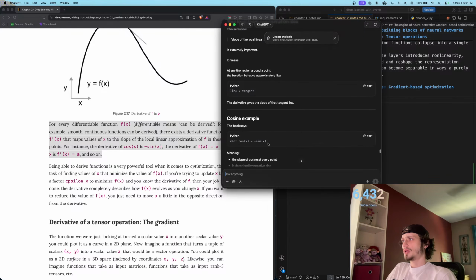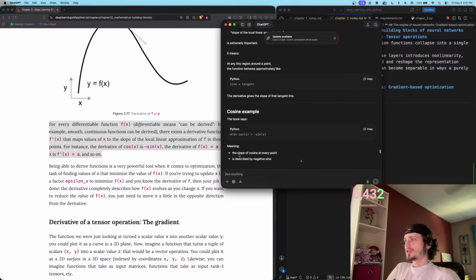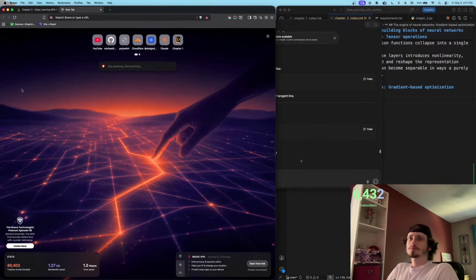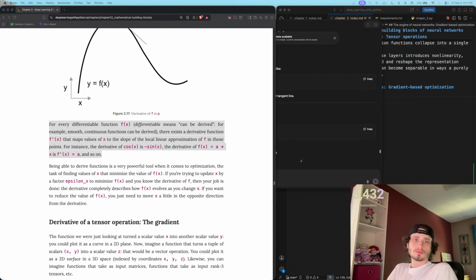Cosine example. The book says d over dx cosine x equals negative sine x. So the derivative of cosine x is equal to negative sine x. Meaning, the slope of cosine x at every point is described by negative sine. So if we go to Desmos, and we do cosine x and then negative sine x,